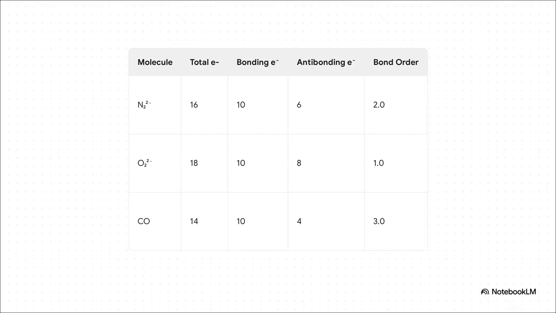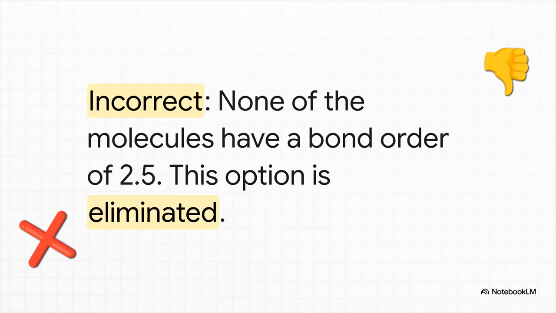That's not a match. Okay, next up, peroxide. It's got 18 electrons, giving us a bond order of just 1.0. And finally, carbon monoxide. That one comes in with a really strong bond order of 3.0. So yeah, none of these hit our target of 2.5. So the conclusion here is pretty obvious, right? Option A is definitely incorrect. Not a single molecule in this group fits what we're looking for, so we can cross it off our list